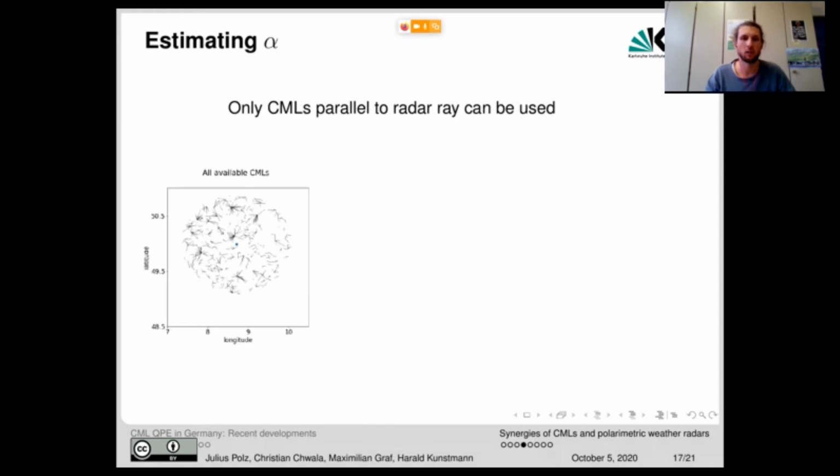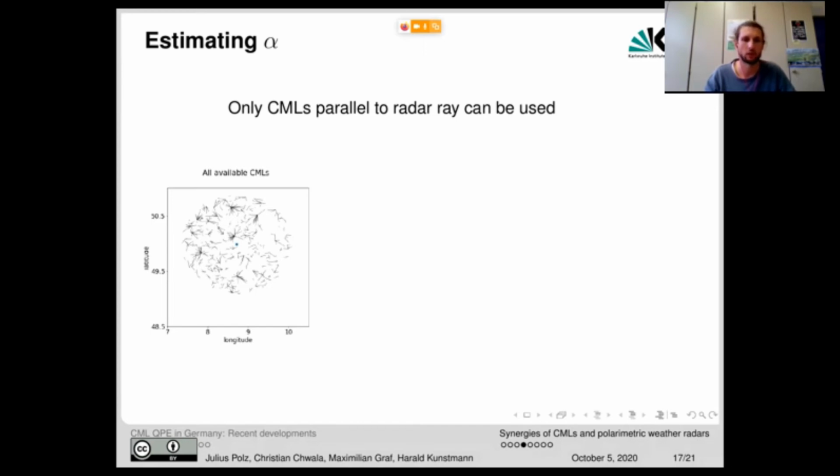What we need is only those CMLs which are actually parallel to a radar ray, to compare one ray of a radar to one CML. So here we see a small blue dot. I hope you can see it in the resolution of the stream. I think it's a bit lower than what I actually see here. In the middle is a blue dot, and that is the radar location,